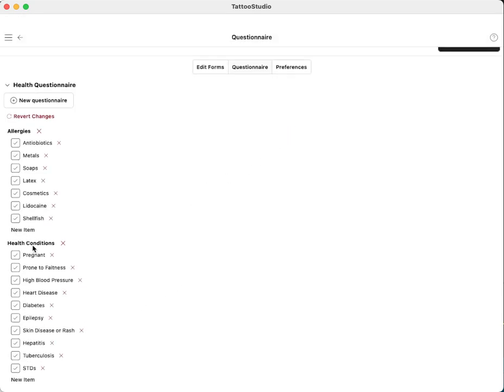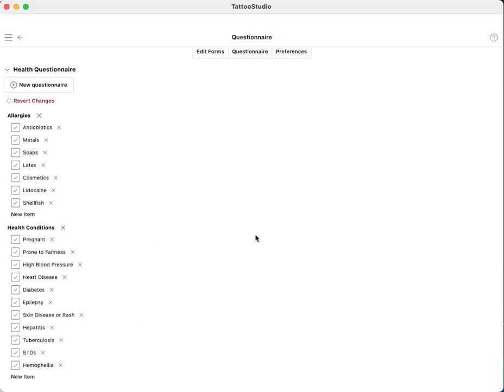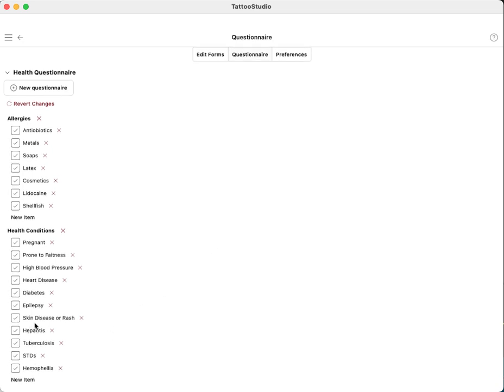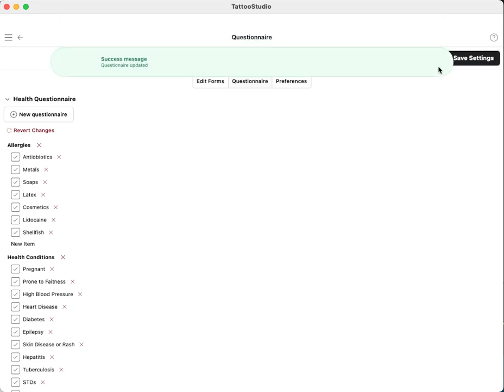And then under health conditions, same thing, new item. So we may need to add, say, hemophilia. Under health conditions, that may not be in there. Yeah, there it is. So yeah, now we've got hemophilia. So we can save the questionnaire now. Our customized questionnaire has been saved, and that'll show up on all of our client intake